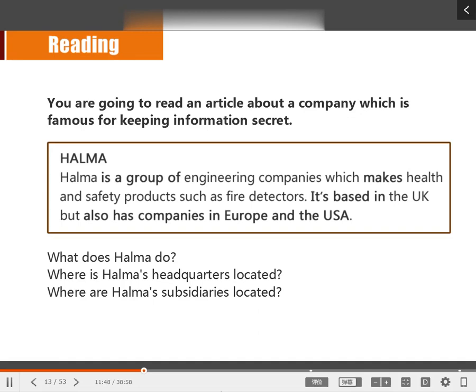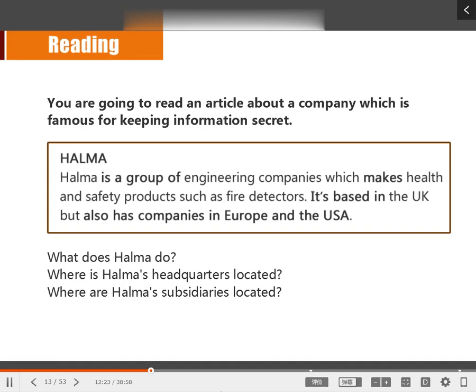Now the first question, what does Halma do? Great. So Halma is a group of engineering companies which makes health and safety products such as fire detectors. So this is what the company does. 好，这里我们注意一下哈，在描述这家公司到底做什么的时候呢，它用了这样一个动词 make。是指呢，他们会生产这样的产品。